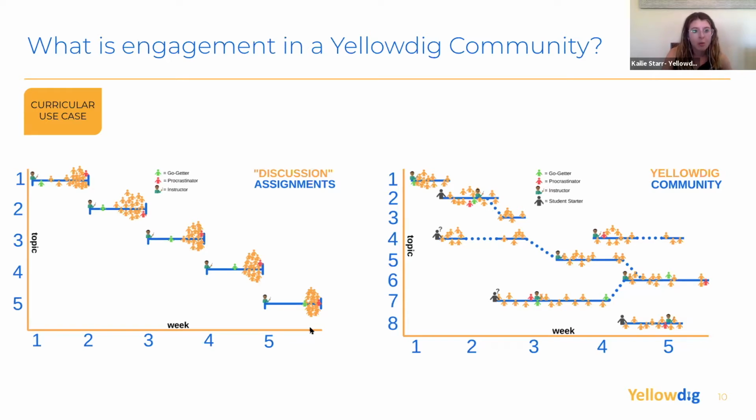I know it's a little bit small, but if you can see, our little green guy here is our go-getter. He's really excited to answer the prompt. And our little red guy here is our procrastinator. So even if I'm a go-getter student and I'm super excited to talk about this week's prompt, and I go